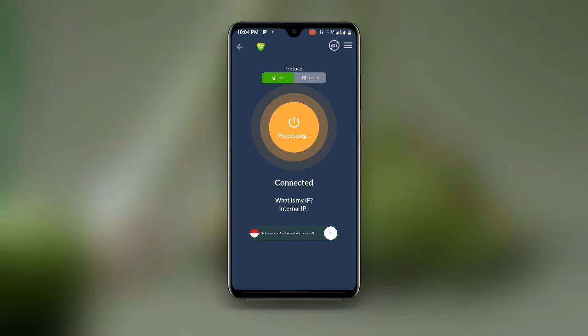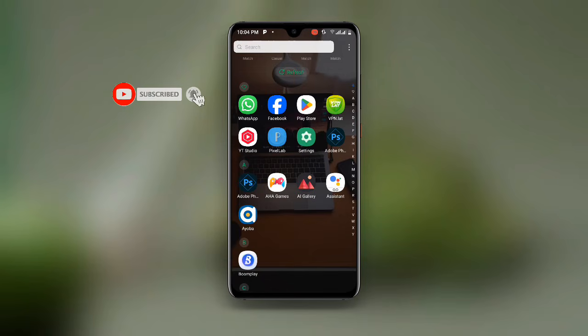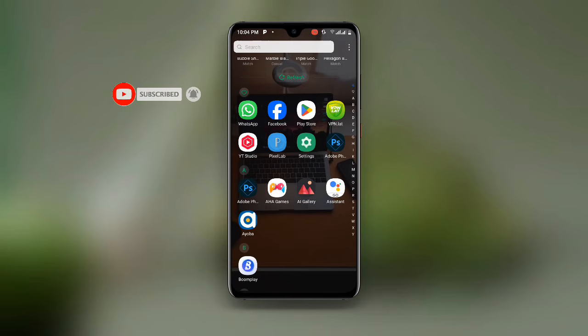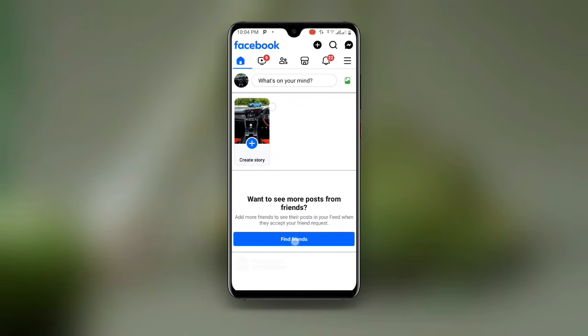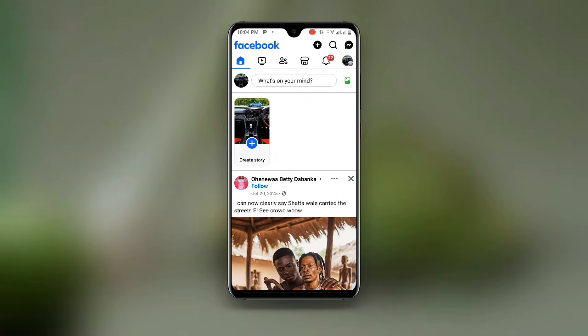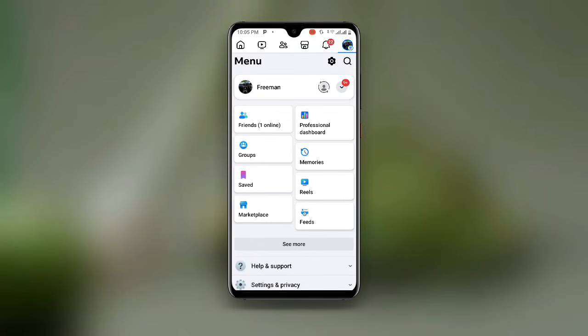Now go ahead and open your Facebook application. Now once you open your Facebook, click on the three lines at the top right corner. Now once you click on the three lines, click on settings over here. And once you click on settings,